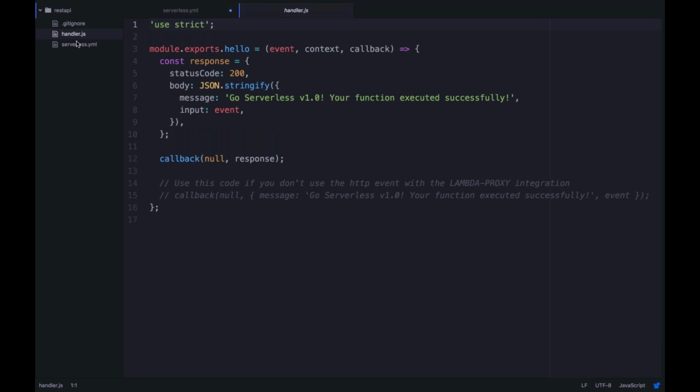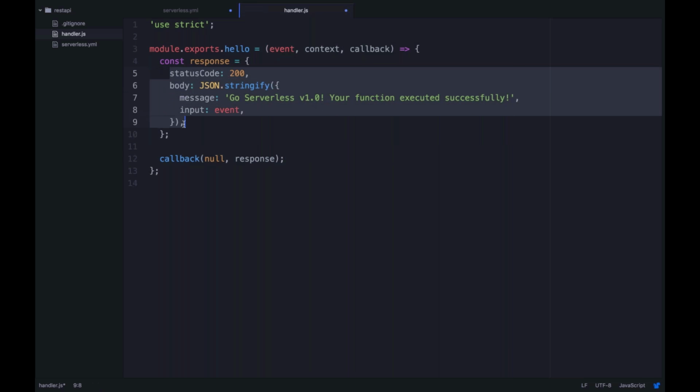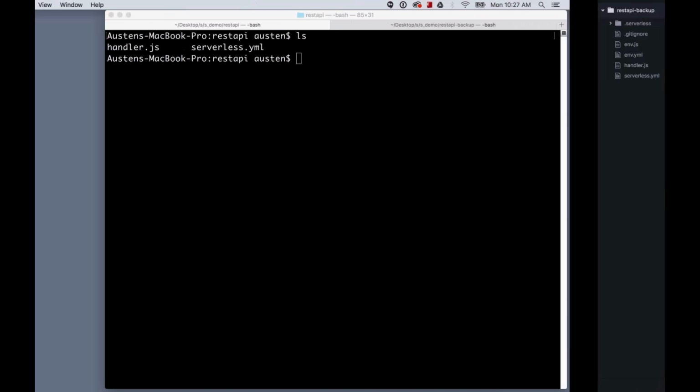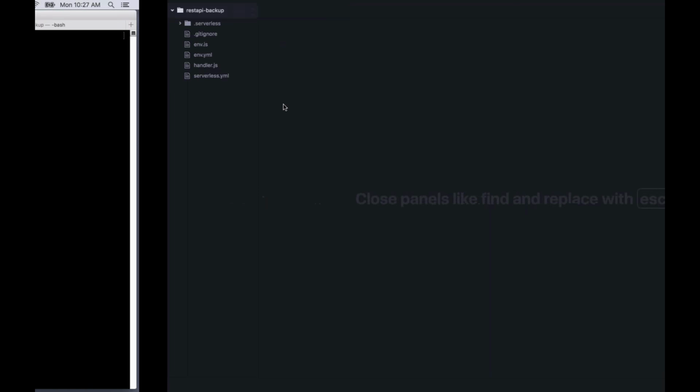Handler.js contains our actual code. This is just some code in Node.js, but it's pretty straightforward. What's passed in here are the parameters from AWS Lambda, and we're just constructing a basic response and returning it. And this response is designed to be used via API Gateway, so this is a correct response. You'll need to return a response from an HTTP endpoint on API Gateway. Let's see where my presentation went.